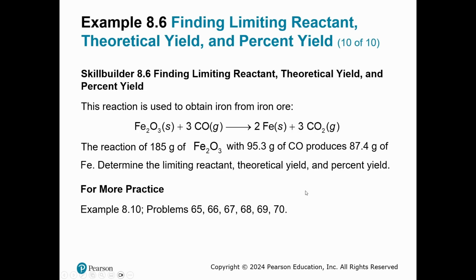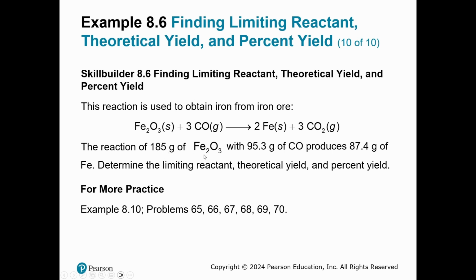So here's another problem. You could do this if we had 185 grams of iron(III) oxide and we had 95 grams of CO. How much iron metal could we produce? You plug these in. Again, you can either solve for the total amount of the problem, how much total iron do we make, or how much total CO2 do we make for each given reagent. But I would suggest,